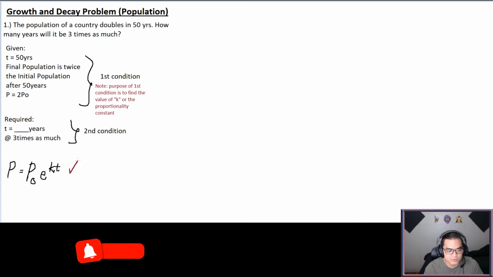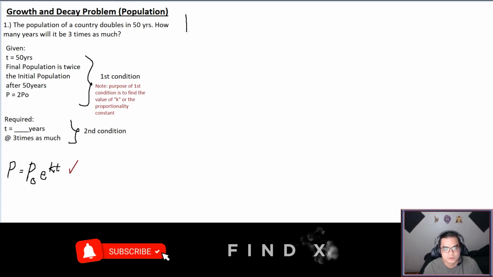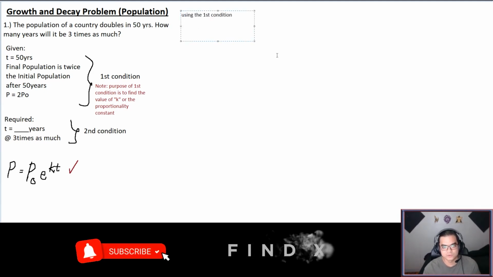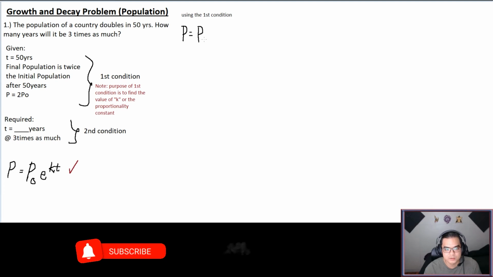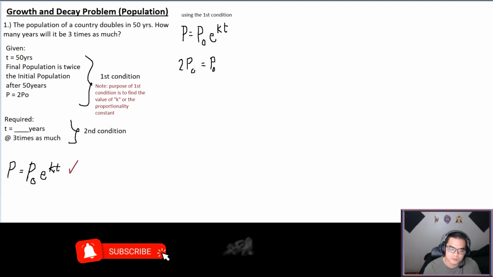So using the formula with the first condition, you'll have P equal to Po e raised to kt. Now substituting the values here, we have t equal to 50, and then we replace P by 2Po. So replacing P with 2Po, you have 2Po equal to Po, the original or initial amount,